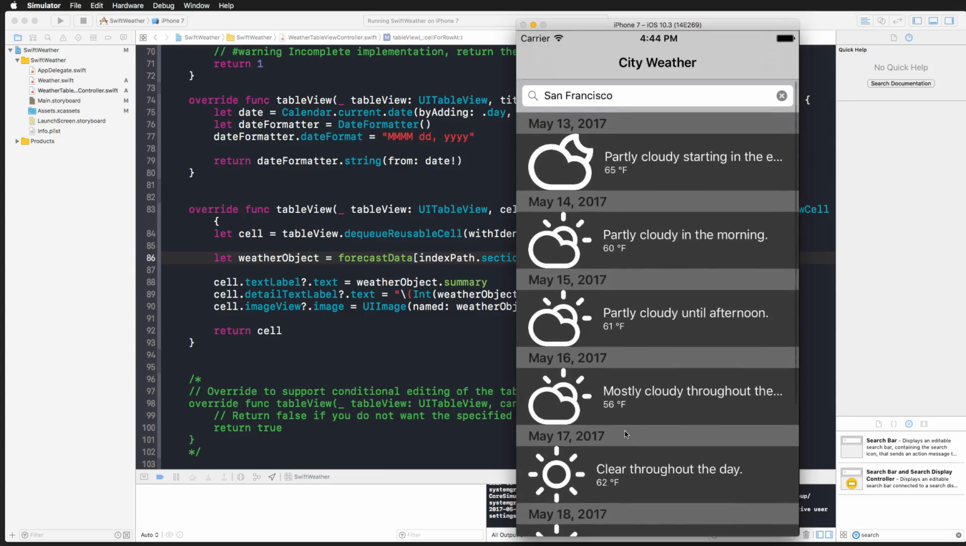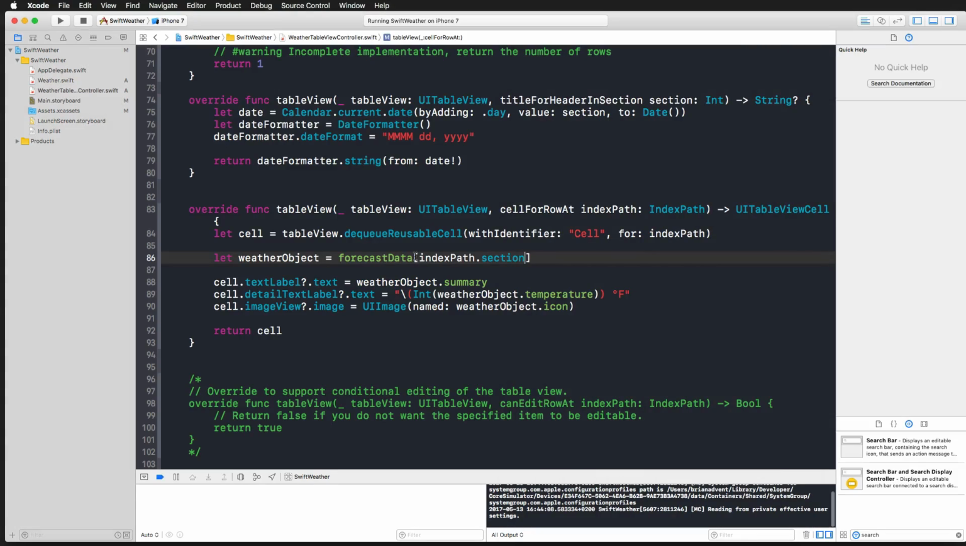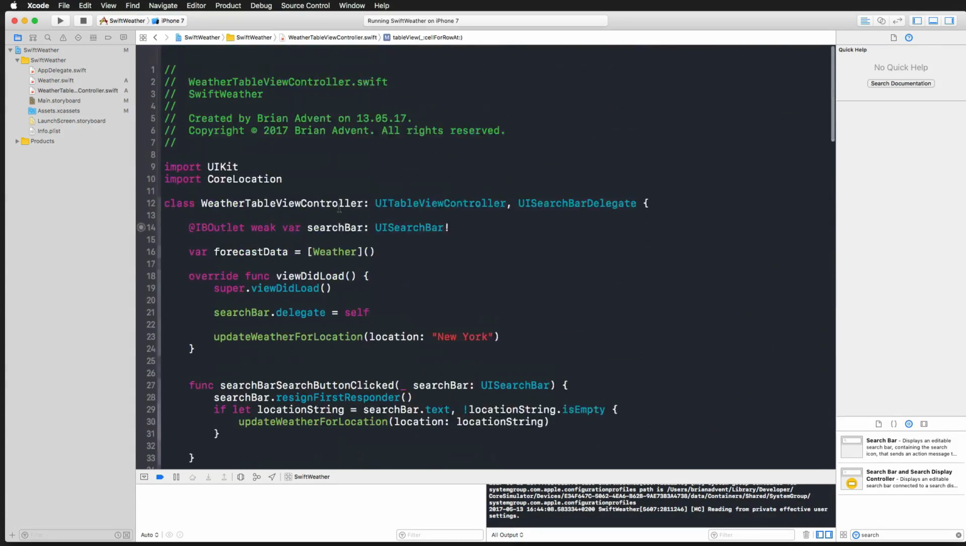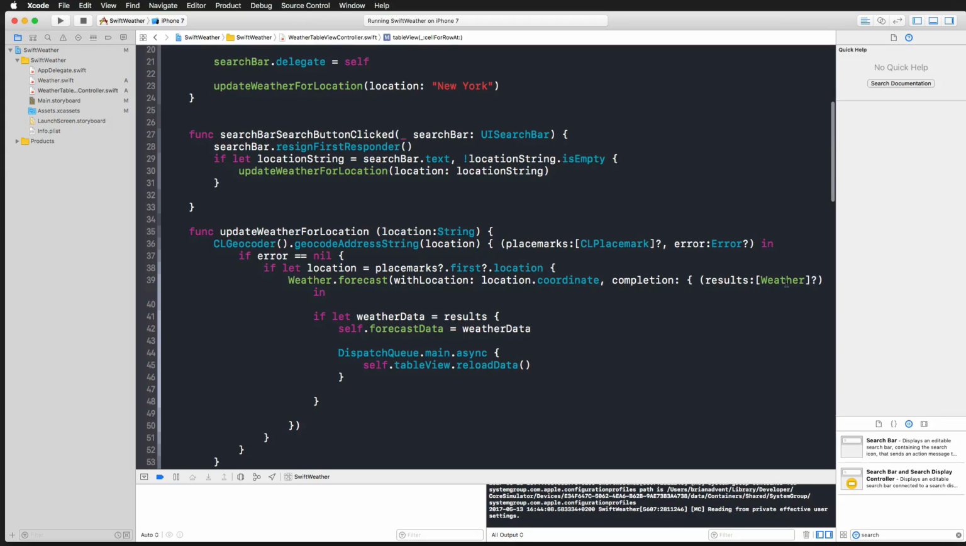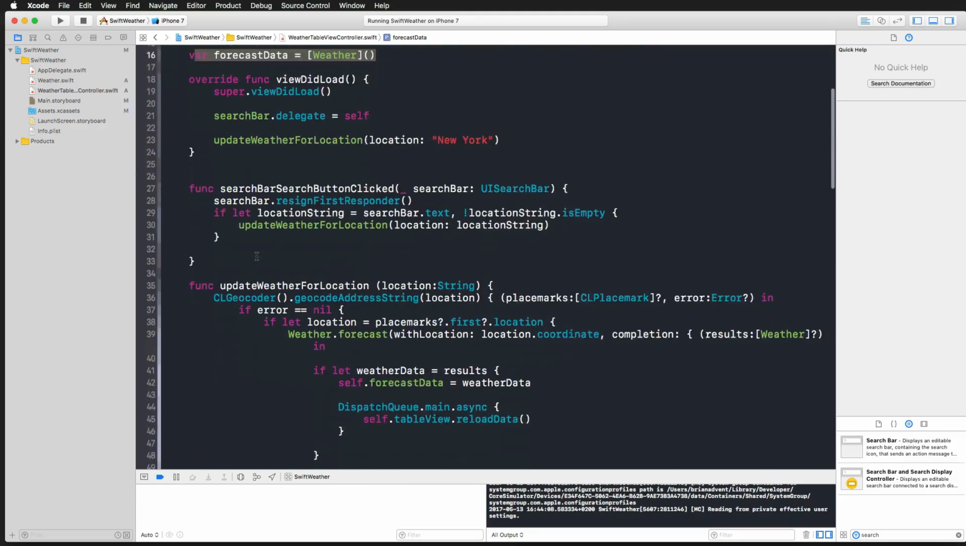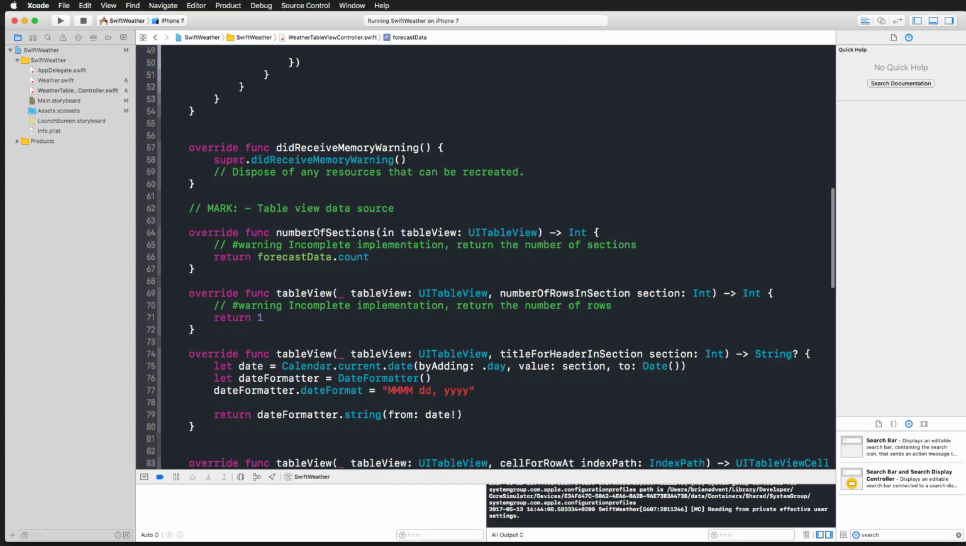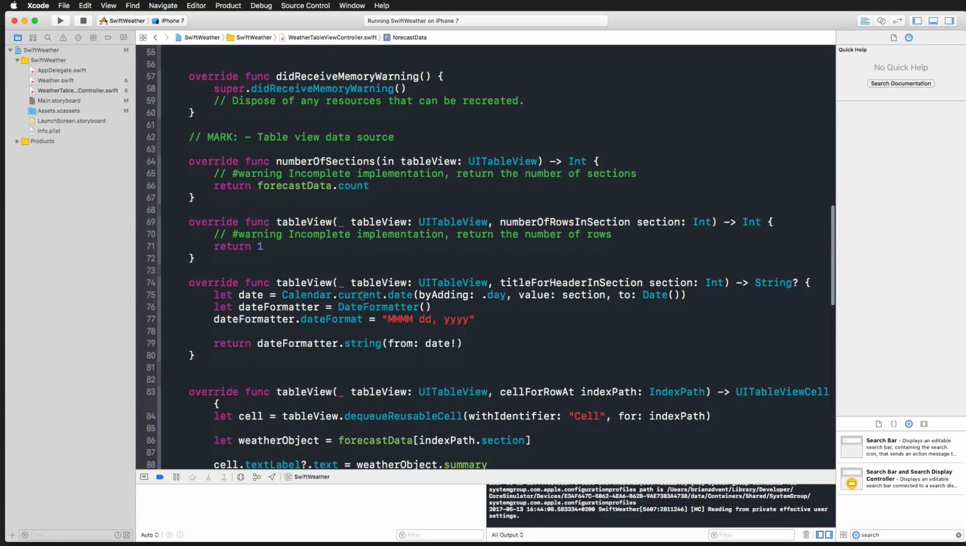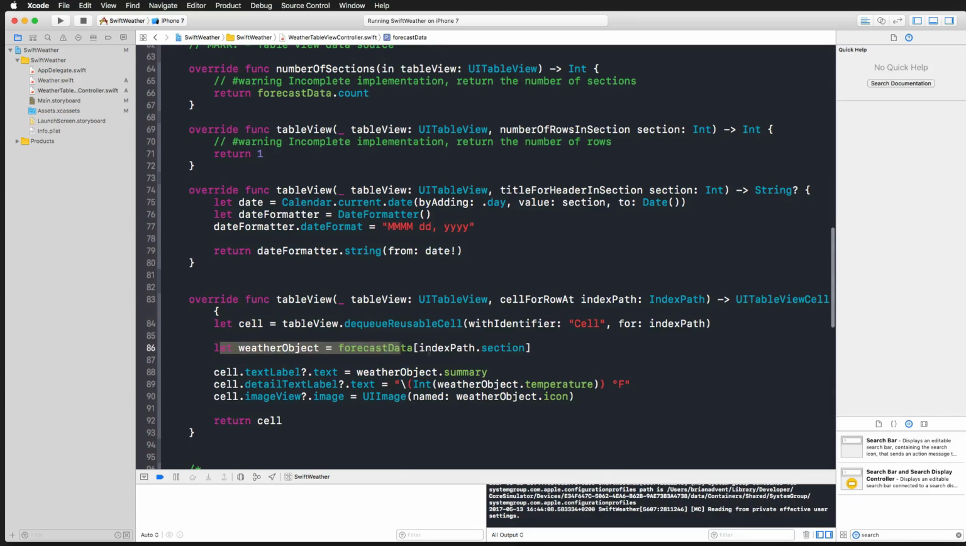Nice weather there, perhaps. So now you have seen how you can work with the information that we got from a web API, how we can use the information that is returned as an array in a TableViewController simply by using this forecast data array. You have seen how to deal with that in the number of sections function, in the number of rows in section function, and in self-row at index path by using a weather object and accessing it using the index path and its row or section depending on what you need for